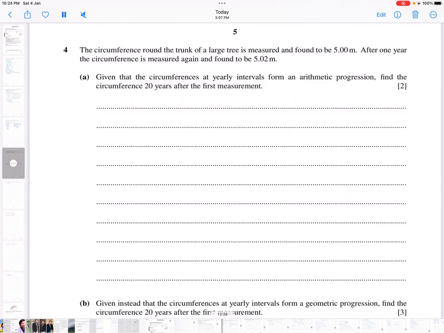Question number 4. The circumference around the trunk of a large tree is measured and found to be 5 meters. After 1 year, the circumference is measured again and found to be 5.02 meters. In part A, given that the circumferences at yearly intervals form an arithmetic progression, find the circumference 20 years after the first measurement. Okay, this is, I'm going to write